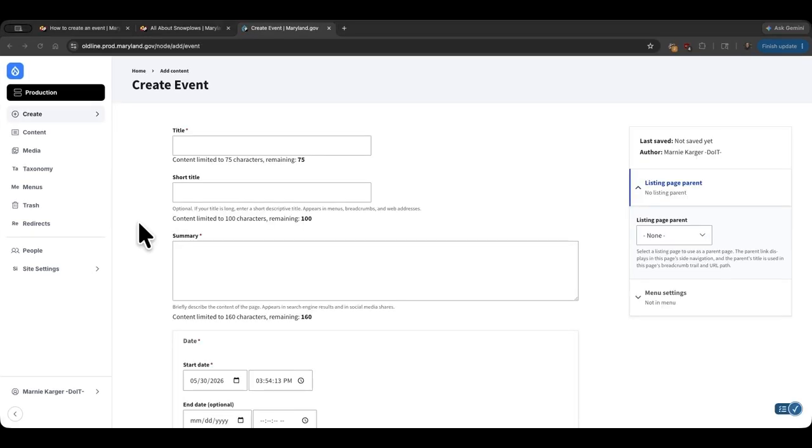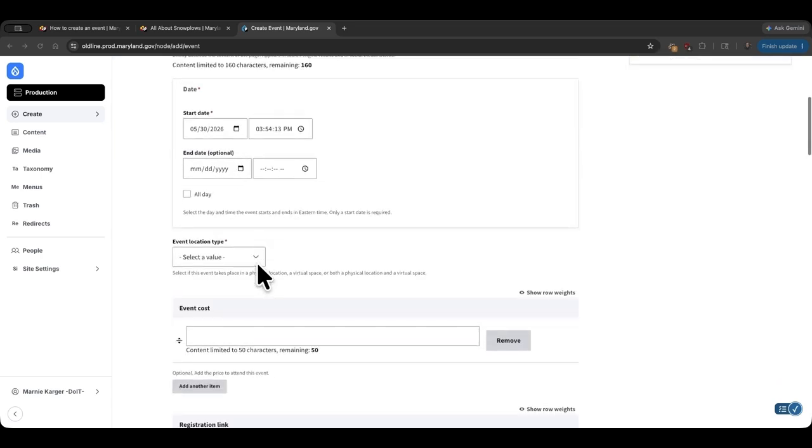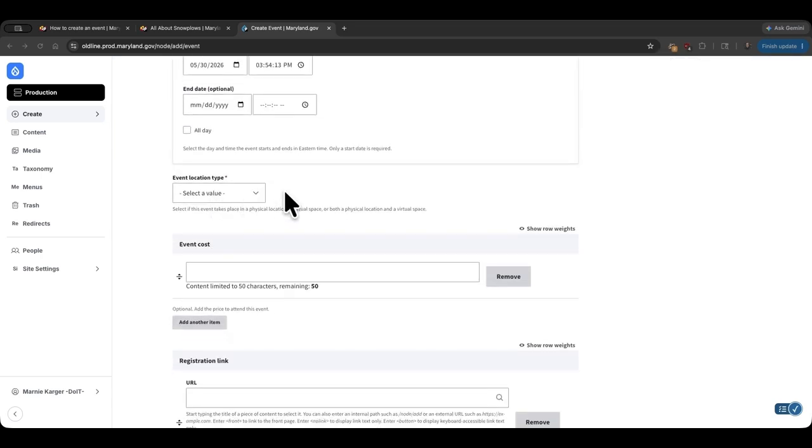This will take you to the Create Event page. Required fields are marked with a small red asterisk, and all other fields are optional. Each event must include a title, a summary, a date and time, and a location. All other fields are optional, but the more information you can include, the more customizable the searches and filtering for